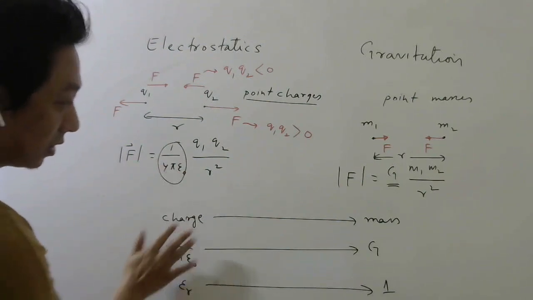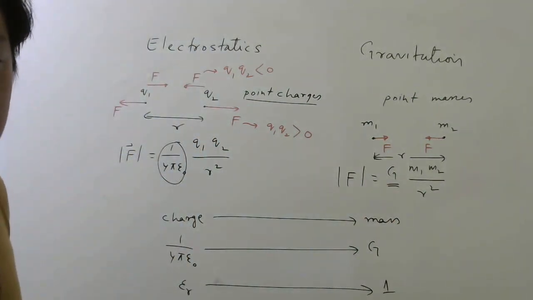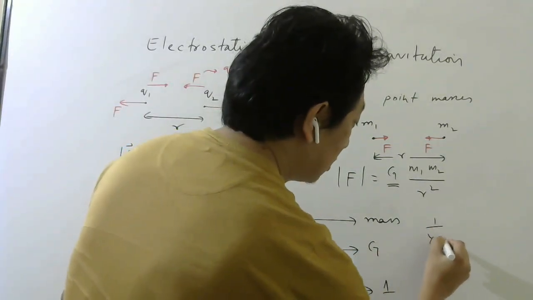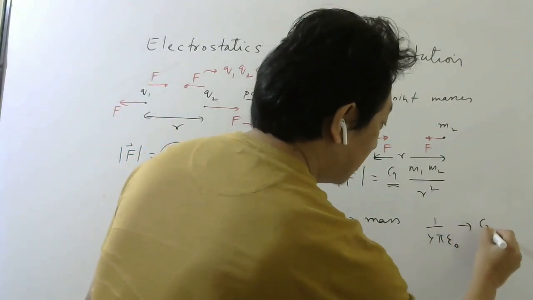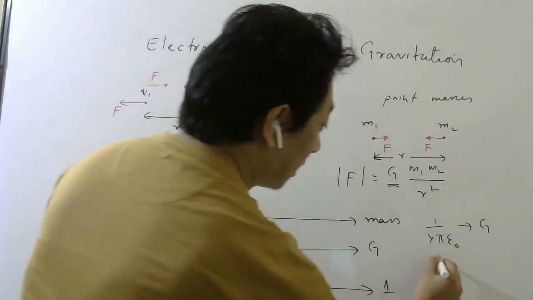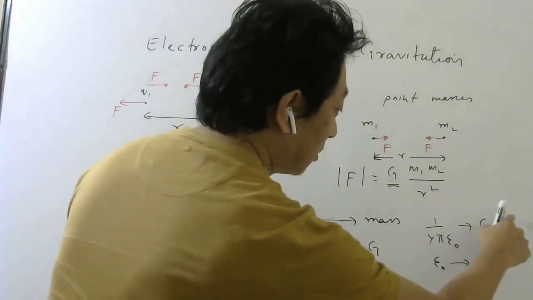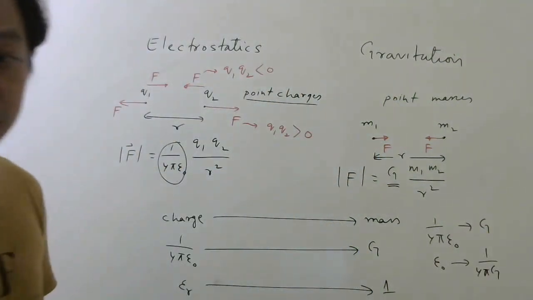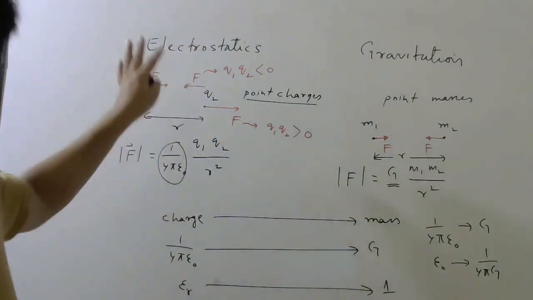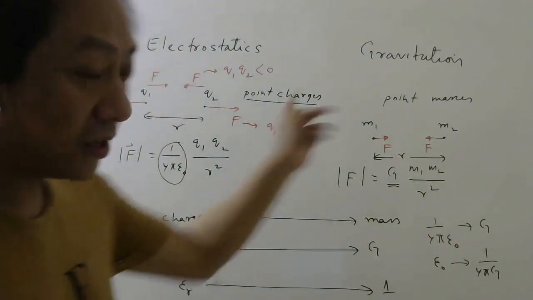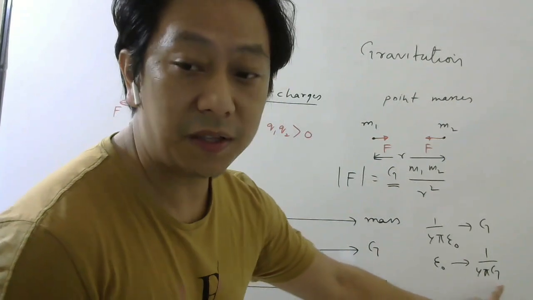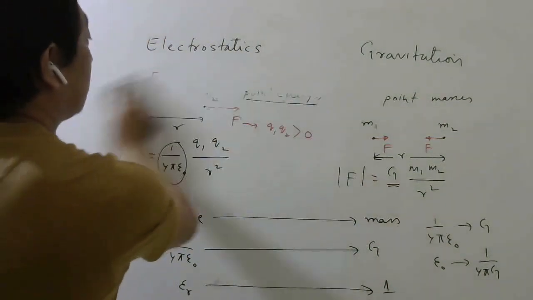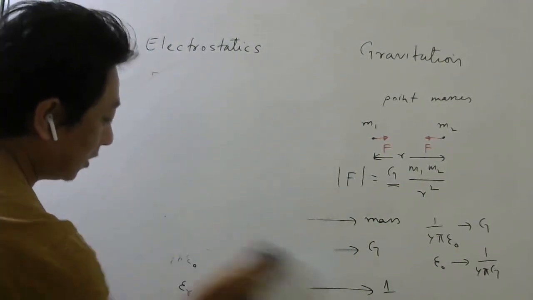This thing should be converted to this. That you have to try to remember. Okay. Now, if you look carefully, I'm saying wherever there is 1 by 4 pi epsilon naught, you can write G. That means wherever there is epsilon naught, what you can write? Take epsilon naught here, G here. You can write 1 by 4 pi G. So if there is only epsilon naught in some formula, like in Gauss law, you have epsilon naught, right? Here you have to replace it by 1 by 4 pi G. Okay, students, remember that. Please pause the video and write.